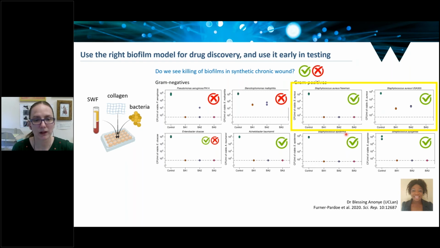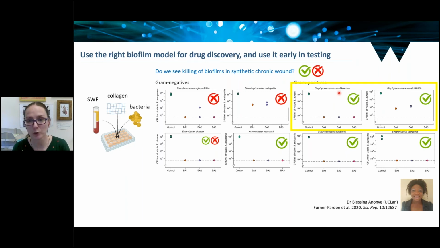We looked at Staph aureus in more detail, and we tested nearly 100 batches now of this natural product cocktail, and it repeatedly kills Staph aureus. And we were actually able to say from using our chronic wound biofilm mimic in the lab that when we move into animal testing, which we did, it's not worth starting off with Pseudomonas. Let's look at Staphylococcus. So we worked with our colleague, Dr. Kendra Rumbaugh at Texas Tech, to test this against MRSA in a mouse model of chronic wound infection. And the results were very promising.